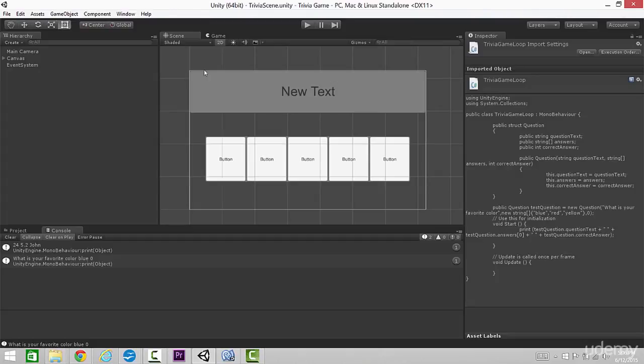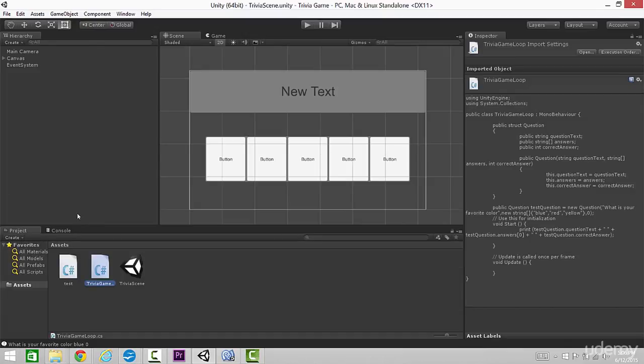In this lesson, we're going to get some text from one of our question structs to show up here in the game. So we're going to have the question going across the banner, and each of these buttons get filled in with one of the answers. So let's get started on that. Go over to the project, we're going to open up the trivia game,